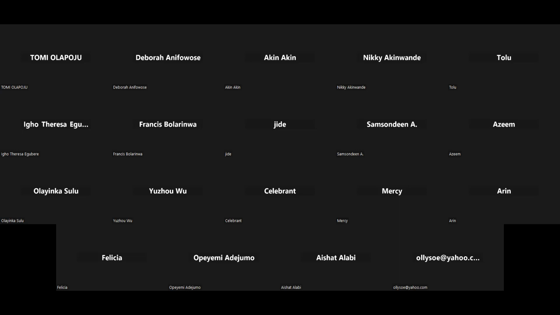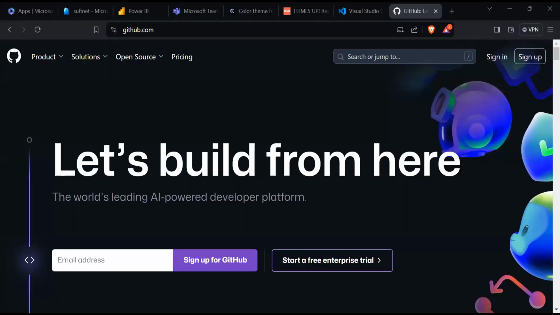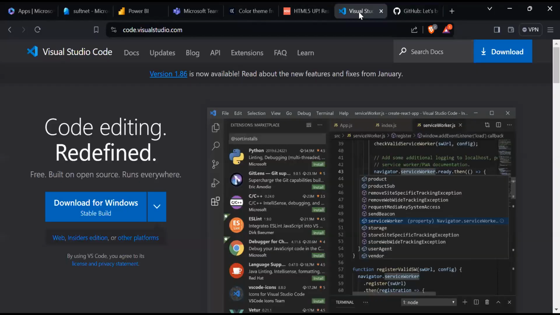So I'm gonna share my screen now. Okay. So can we confirm we can see my screen? Yes. Okay. So the first thing we need is our Visual Studio Code. Not to worry, we are not doing any complex coding anyway. No coding, it is just to design, to edit a template.